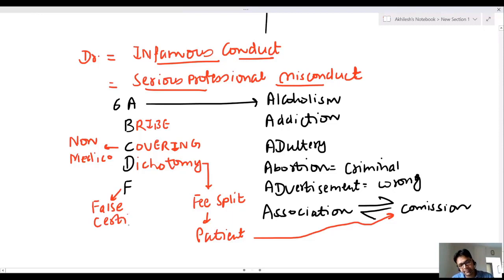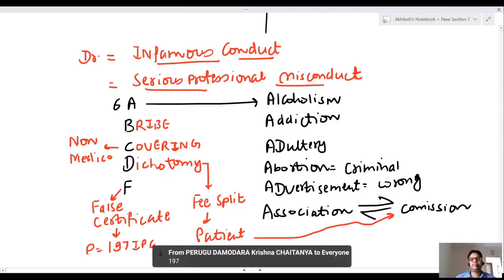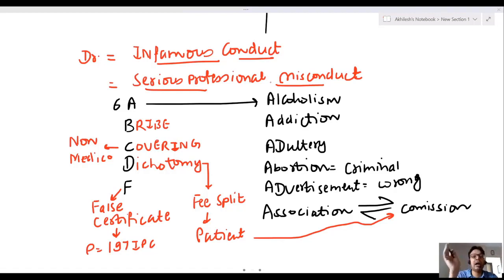false certificate. I have already told you, making a false certificate is punishable under 197 IPC. Making a false certificate is punishable under 197. Doctor sir, these all are infamous conduct